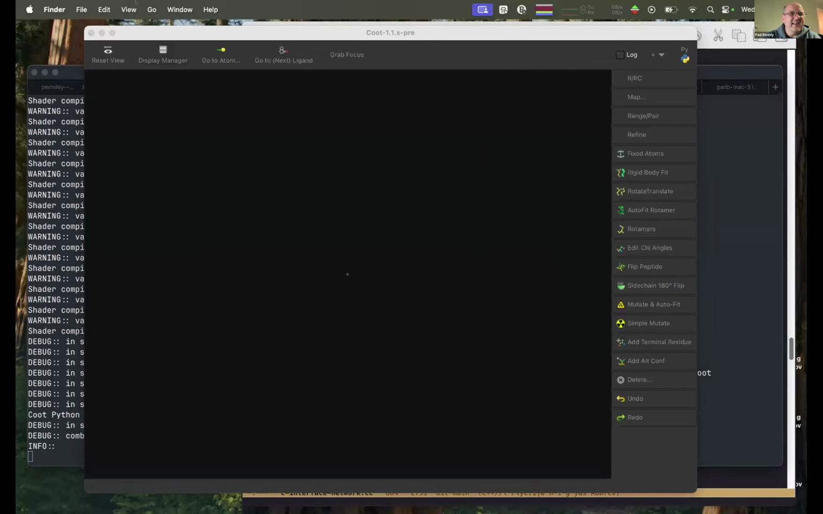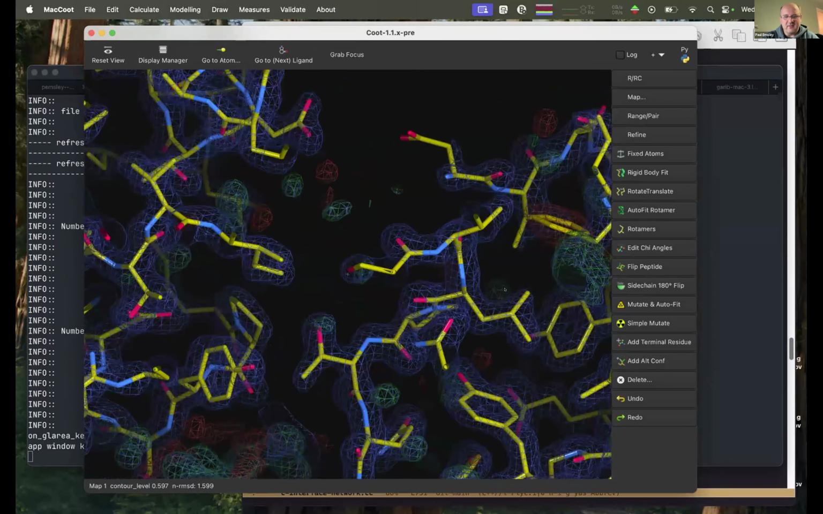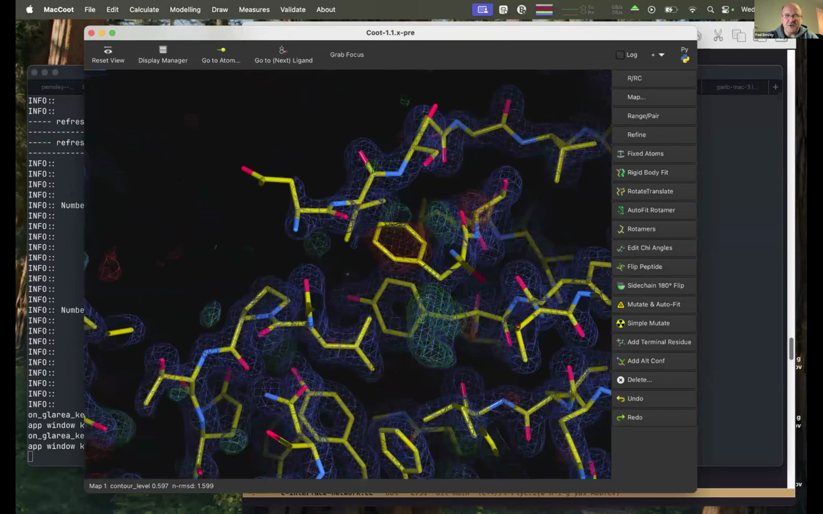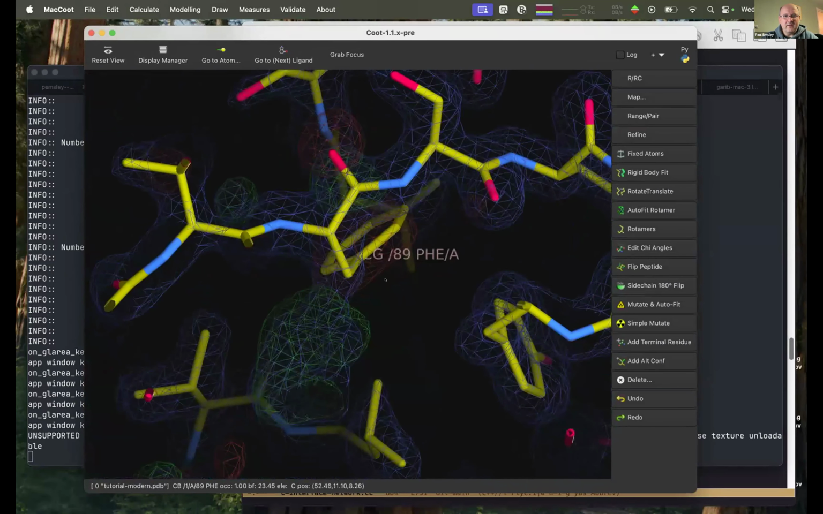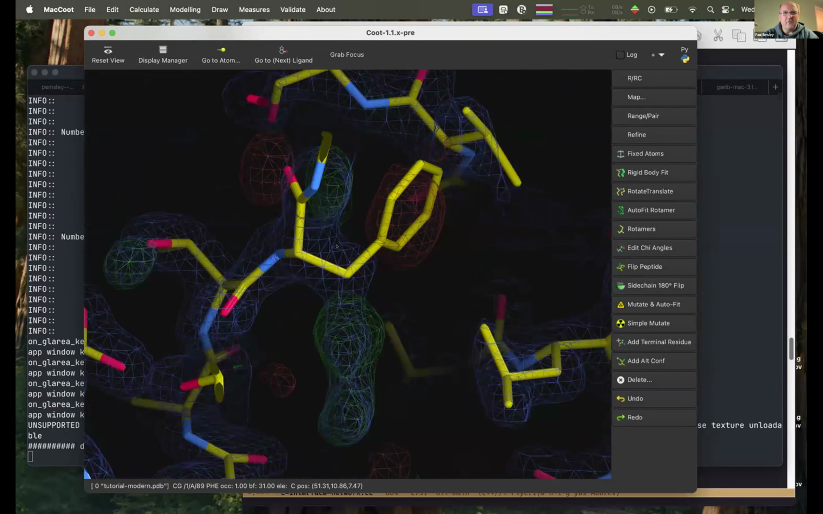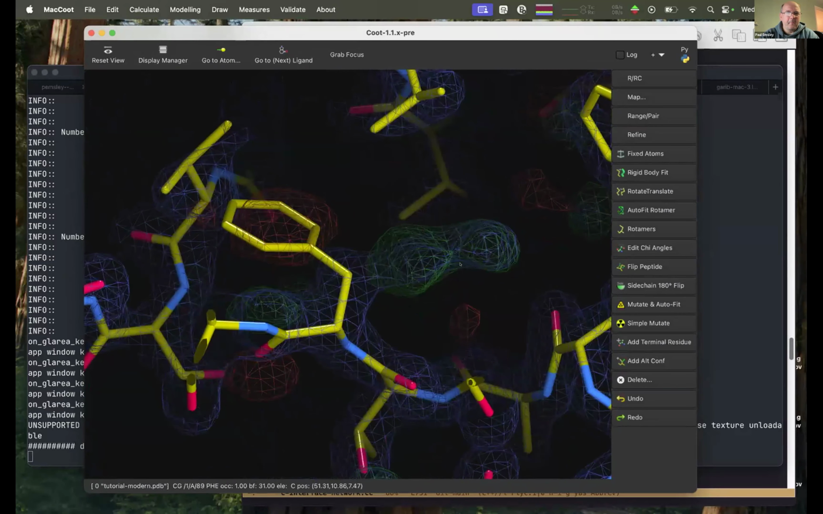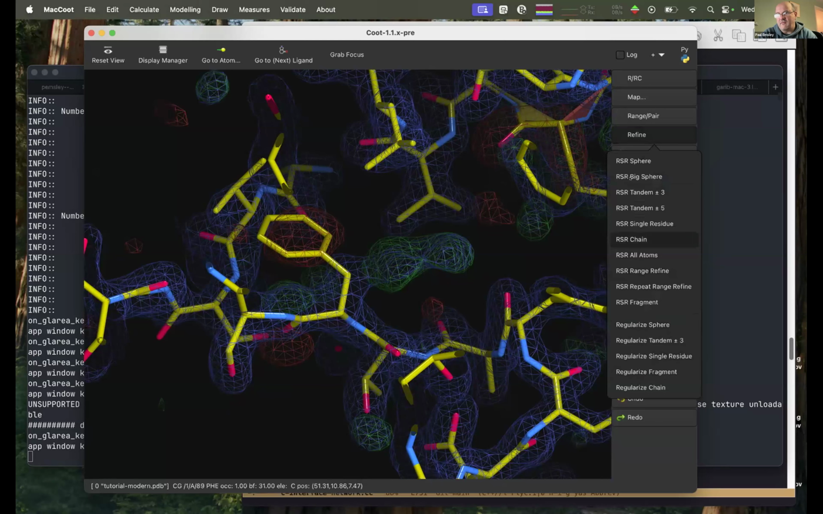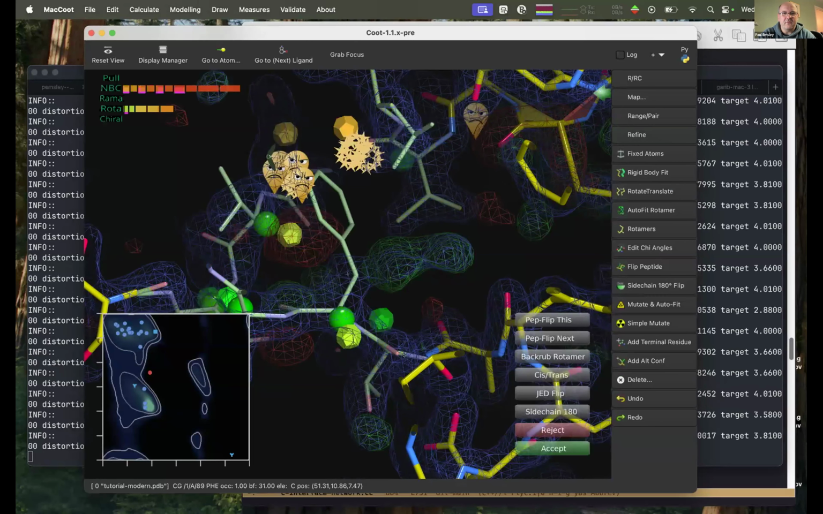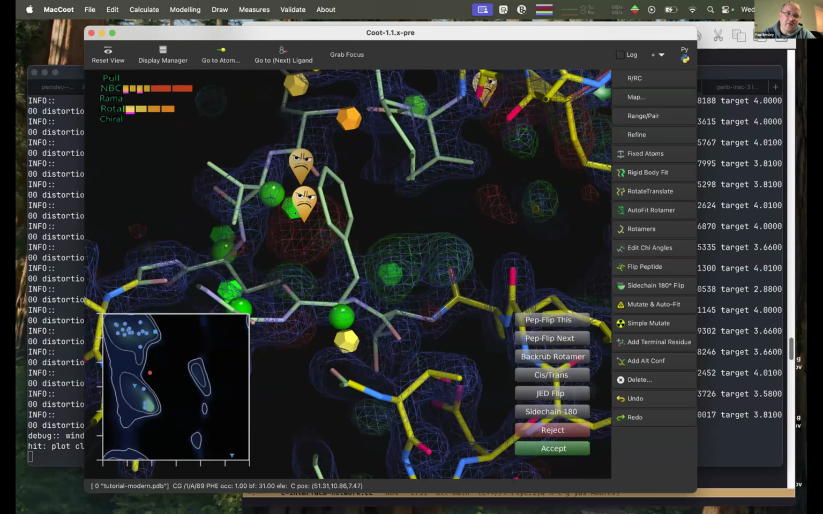Okay, so let's go and load the tutorial, and we can see this has loaded the difference map, and there's an issue here. Right, so what should we do? We could just turn on real space refinement. So there's sets of operators down here. So if we do RSR sphere, real space refinement sphere, we now have some textures that